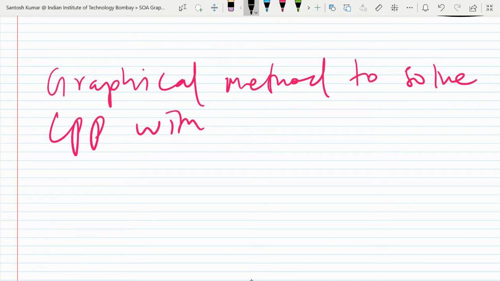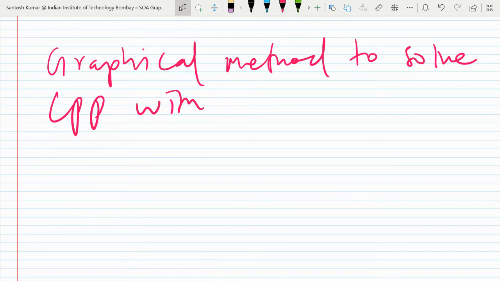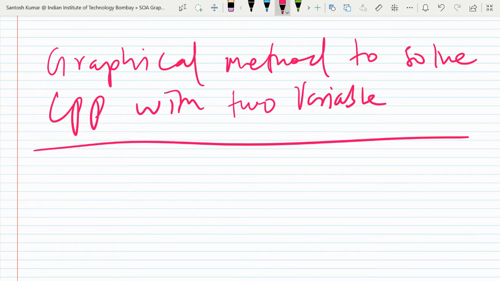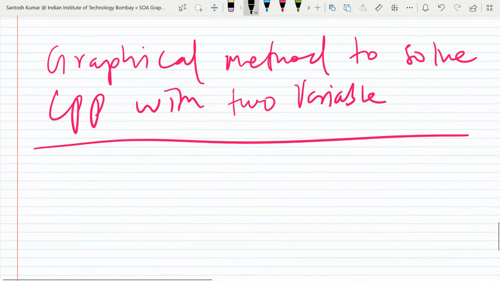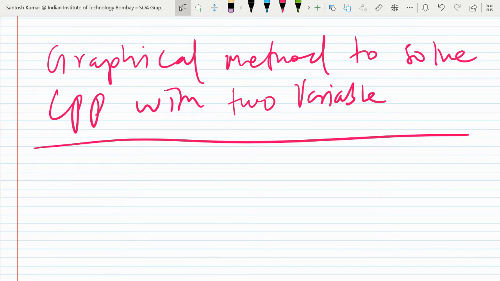Because for more variables, it will be very complicated. You cannot draw the graph on a plane for three variables or four variables. So we have other methods like the simplex method and more. Graphical method to solve LPP with two variables. So how to solve? Directly I will help you by giving an example only. I will not like to discuss the theory, so just start with one example. And since you have already seen this topic in class 12, those who forgot, no problem, we will revise it.